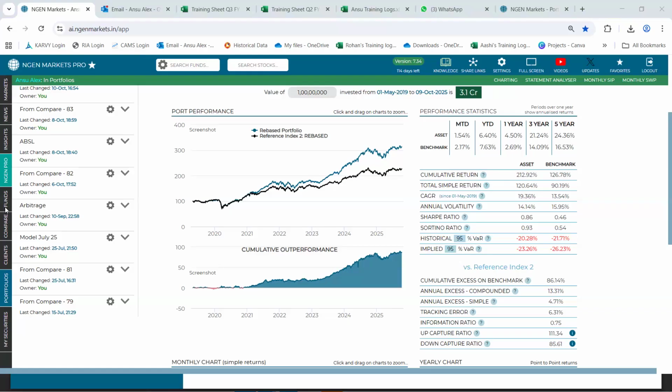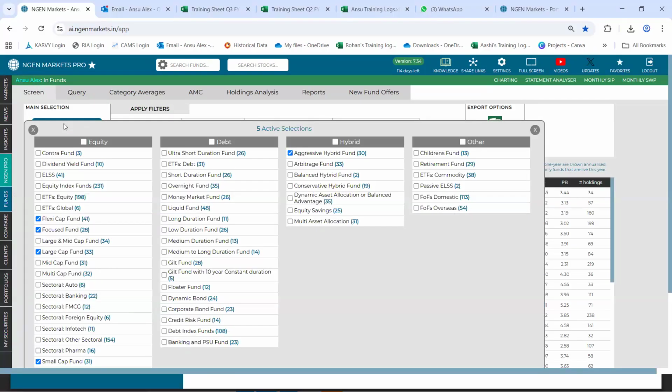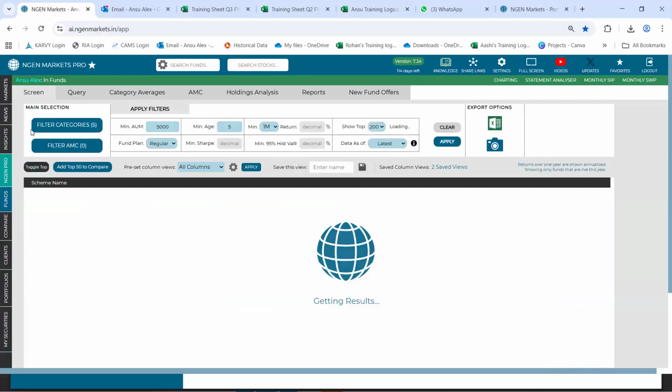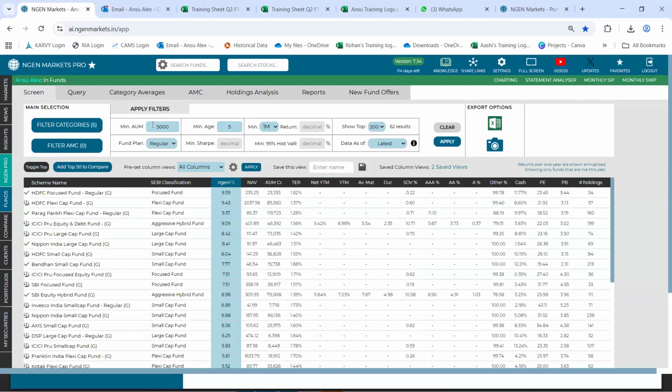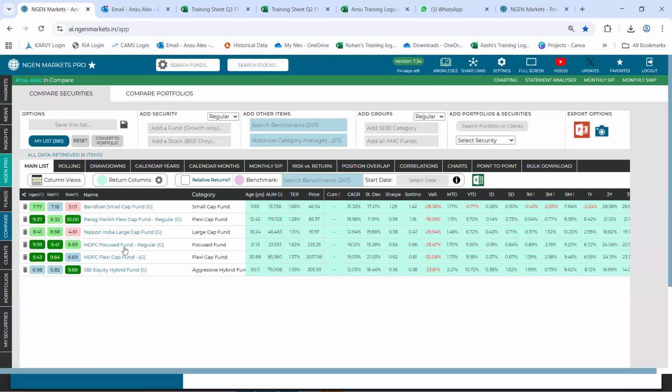Okay, so there's a question in the chat box mentioning how did we arrive at the five funds from the category that we selected. So I'll quickly take you through. What I did was I just was in the fund section. I shortlisted my category. Once I shortlisted my category, I just added two filter parameters, that is AUM and age filter, and I clicked on apply. Once that was done, I just used this compare icon to move my selected fund basis engine fund score that you can see as the third column. Basis engine fund score, all I did was clicked on this compare icon to move my funds from each category to this compare tab specifically.